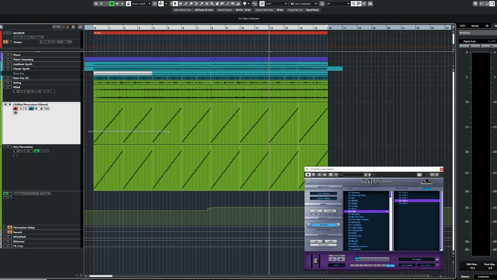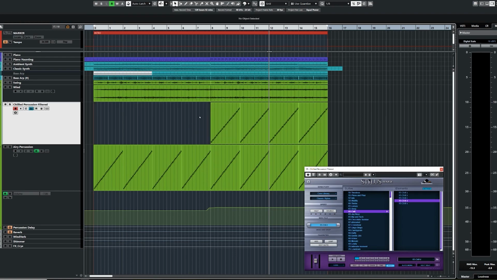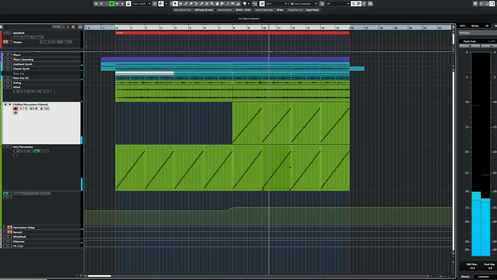And I'm gonna make it start halfway through. So let's see what this does. I'm not sure how this is gonna work, but let's just see for now. I actually really liked it. So now we can move on to the main section of the piece now. It's pretty much smooth sailing from here. We'd like to think, but who knows.